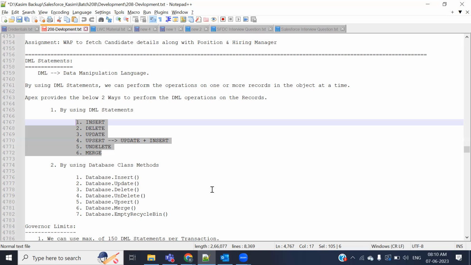लेकिन ये हमको समझना जरूरी है कि हम इंसर्ट कहाँ यूज कर रहे हैं और डेटाबेस डॉट इंसर्ट कहाँ, अपडेट कहाँ और डेटाबेस डॉट अपडेट कहाँ, मतलब कन्वेंशनल डीएमएल स्टेटमेंट कहाँ यूज करें और डेटाबेस क्लास मेथड्स को कहाँ यूज करें।